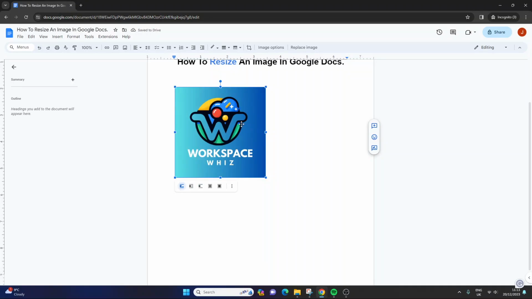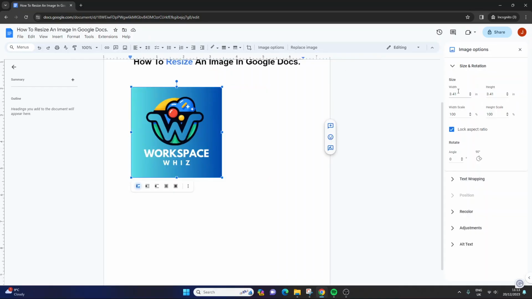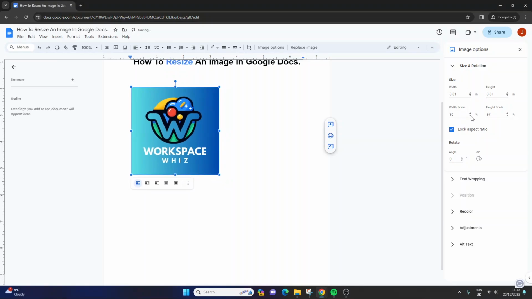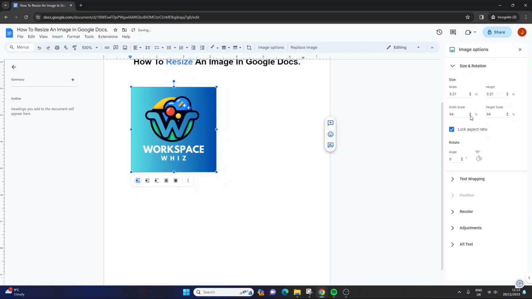But if you want to be a little bit more specific, what you can also do is make sure that the image is selected, then click Image Options. And from here, we can be very, very specific with the size we want. So if you want a particular width in inches or a particular height in inches, you can edit it here. You can also play around with the width scale from here as well by just pressing the up or downward buttons. And you have the ability to also change the